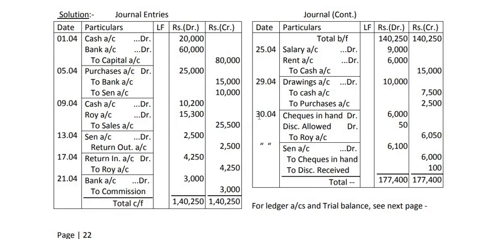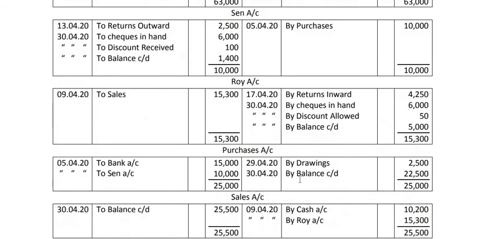Now there is one more transaction where there is purchase, drawings account debit to cash, to purchase. So in purchase account we will try to write by drawings account, but not this amount. We have to write this amount. By drawings account in purchase account will be 2,500. So see what I have done. In purchase I have written by drawings account 2,500. After that we can balance this account also. The total of this side is 25,000, but this side only 2,500. So this is the balance. 22,500 is the balance of purchase account. This is also debit balance. Remember, this is debit balance.